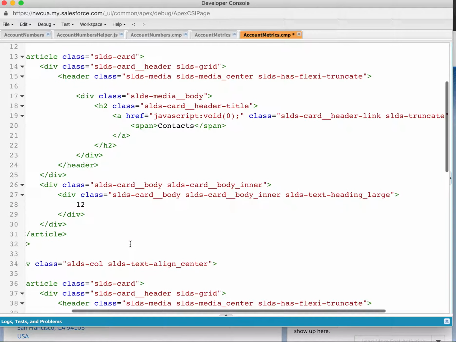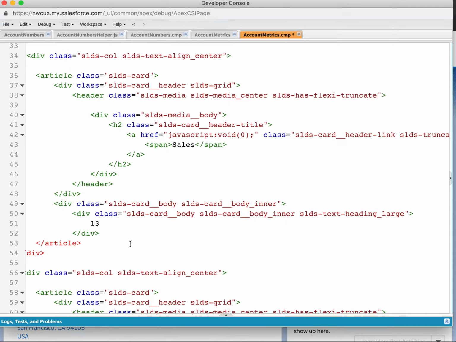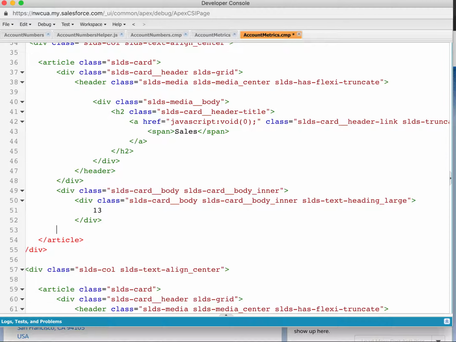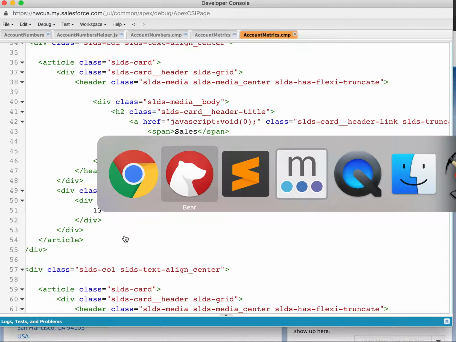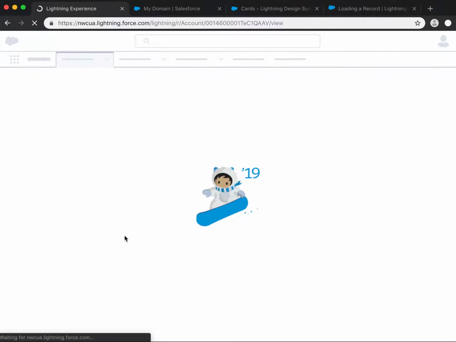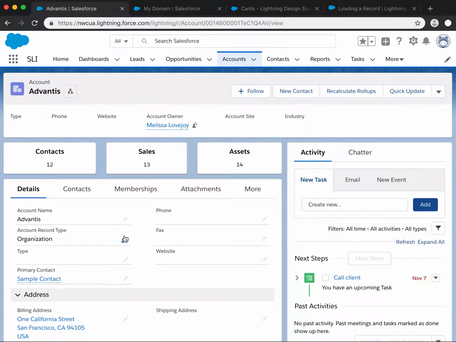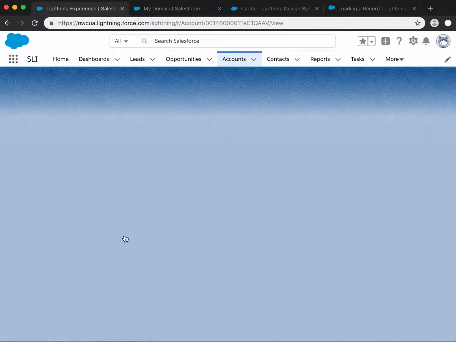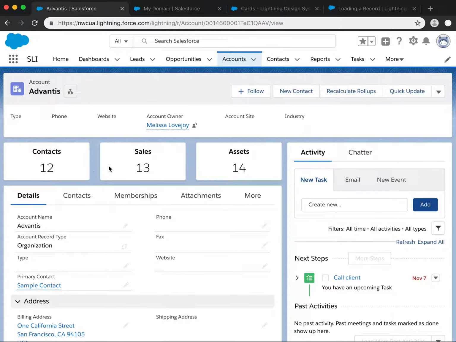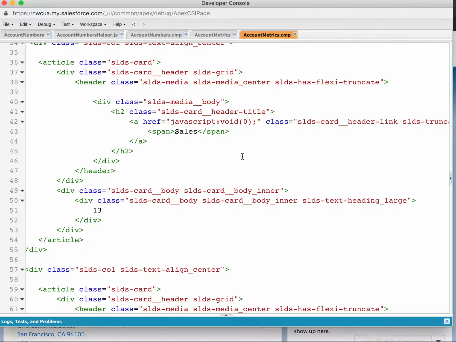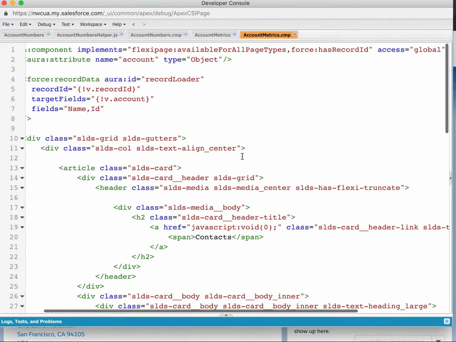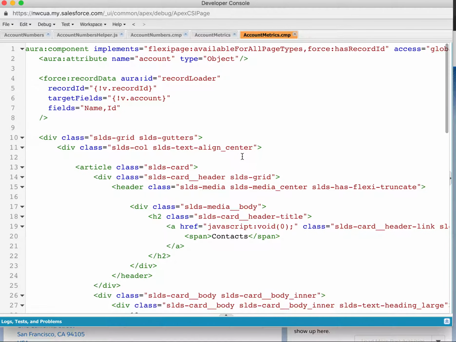Oops, I missed this closing div somewhere, didn't I? Okay. Just give it a second here. Perfect. I like it. Nice big numbers. Okay, so that's it. We've got our custom component on the page. We've got 3 cards. And then at this point, what we want to do is start loading in some custom